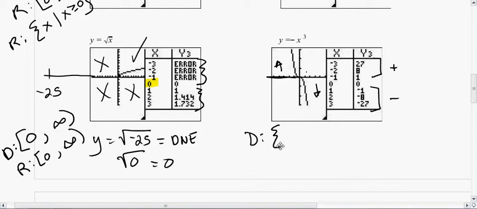So let's use set notation for this one. So it's the set of all x's such that x is an element of the reals. You can use any real number you want. That means I can pick any number I want and plug it into the negative of whatever that number is cubed. Any number will work at all. And then the range